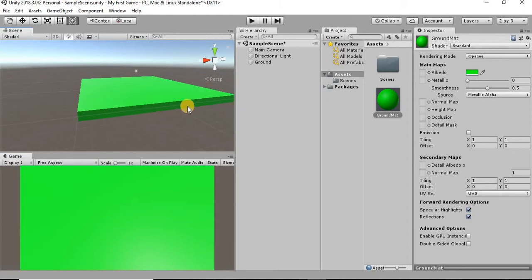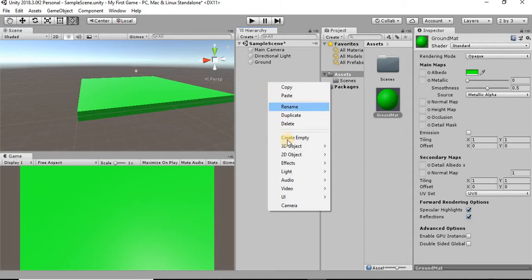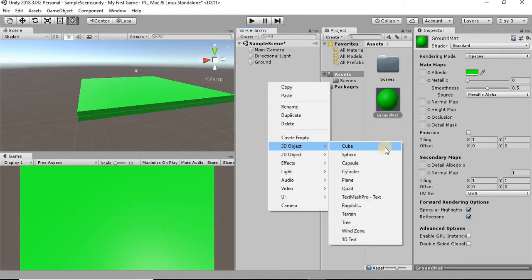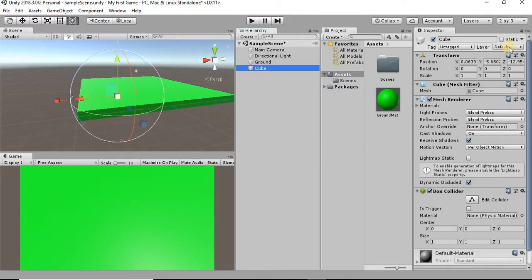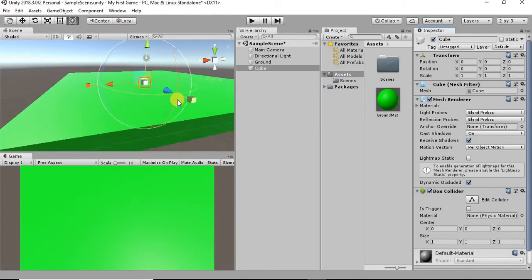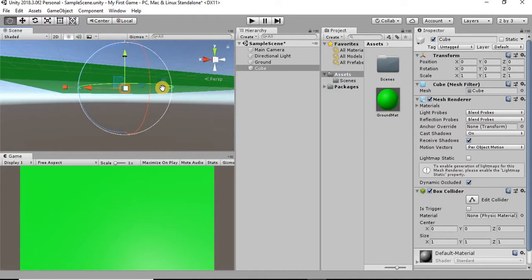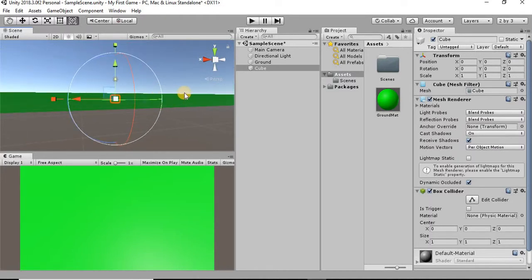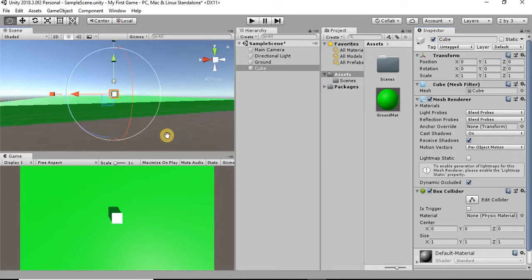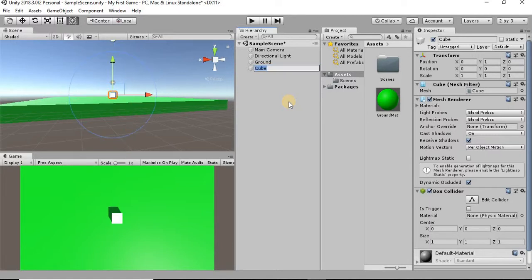So now what I want to do is create a new 3D object again. I'm going to call it cube. I'm going to reset the transform. And you'll see that the cube is right in the middle of our floor, which is not what we want. So I'm going to bring the Y position up to 1 so that it's sitting on top of our floor, just like that. I'm going to rename this cube to player,